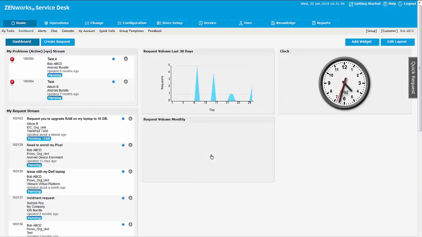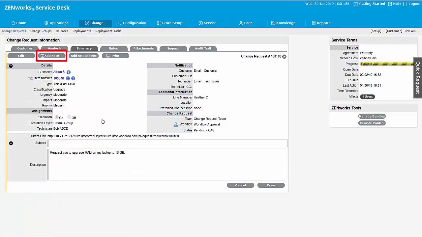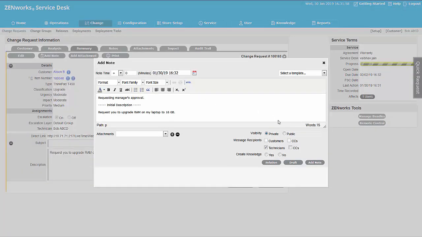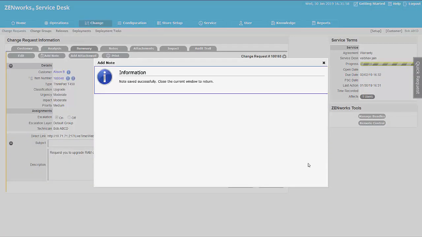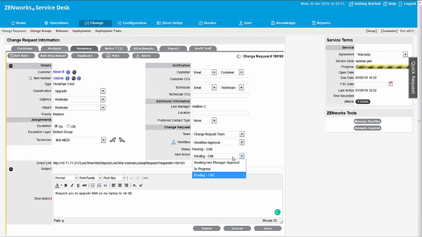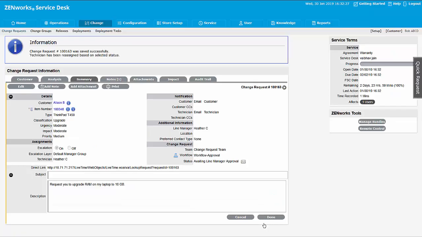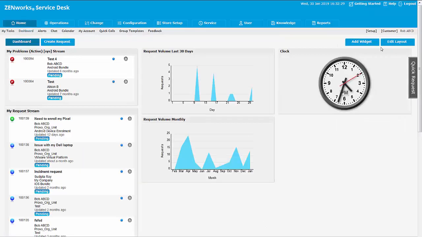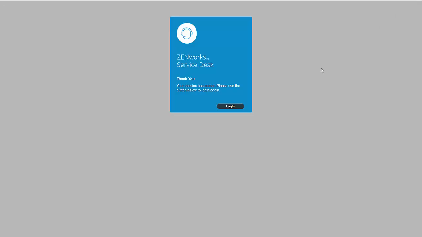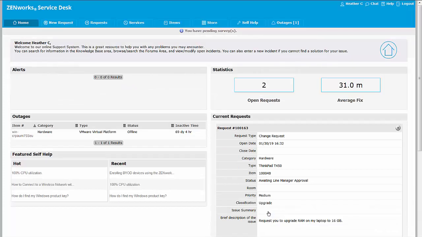Bob is the ZENworks Service Desk technician who receives Allison's request. Bob adds a note and then assigns a request to Allison's line manager for approval. Heather, Allison's line manager, receives and approves the request. After the manager's approval,